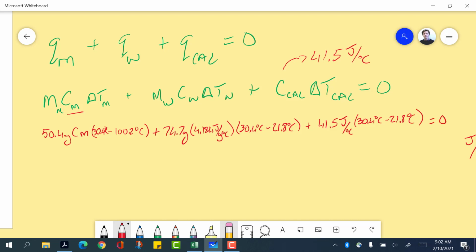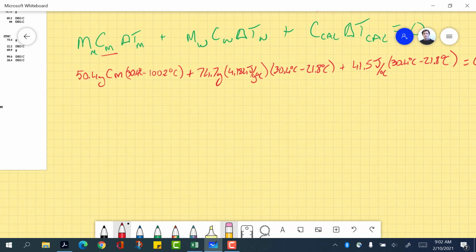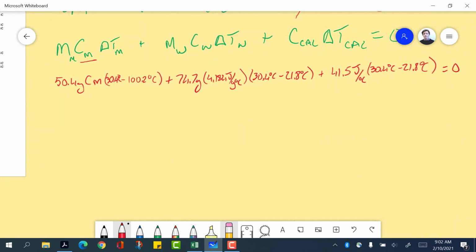Again, all of that has to equal 0. And then you would solve for the specific heat of the metal. And if you did that, you'll get the specific heat. And again, this was for the aluminum, but the specific heat would be